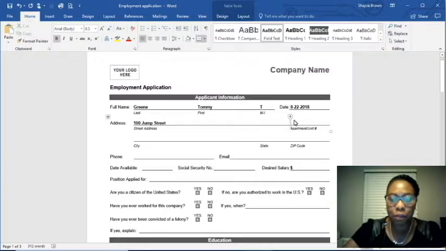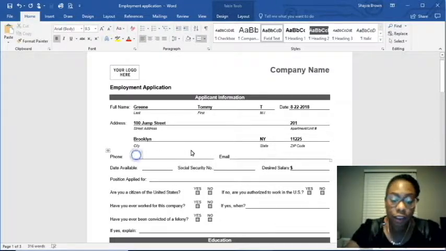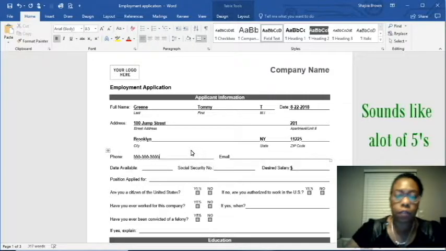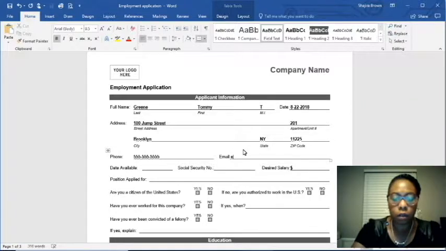If you have an apartment, let's just say this is someone who does, they're in apartment 201. And I'm going to take it back to my hometown, Brooklyn. State will be NY, of course, and the best zip code out there is 11225. Sorry guys who live in 11226 and all them other zip codes, but I'm repping from where I'm at. Sorry. So the number, let's just put all fives, 555-555-5555. Email, you want to put email at